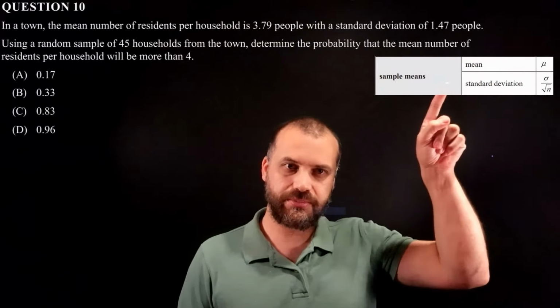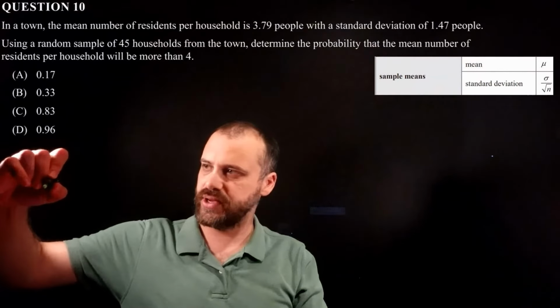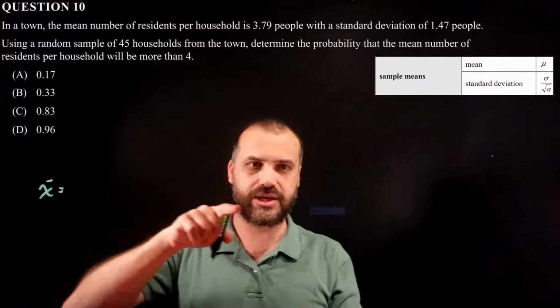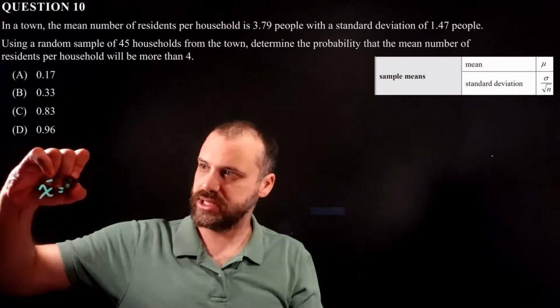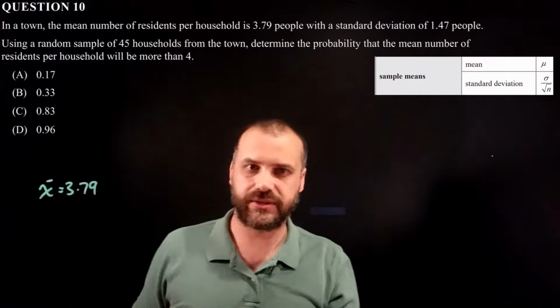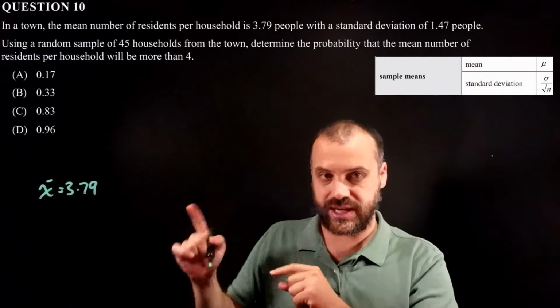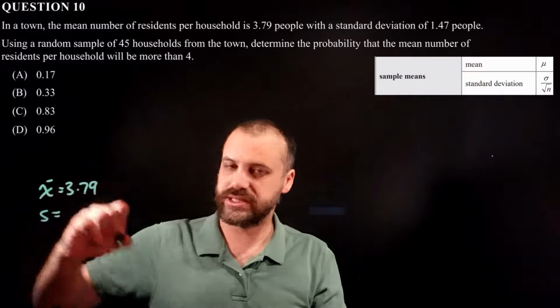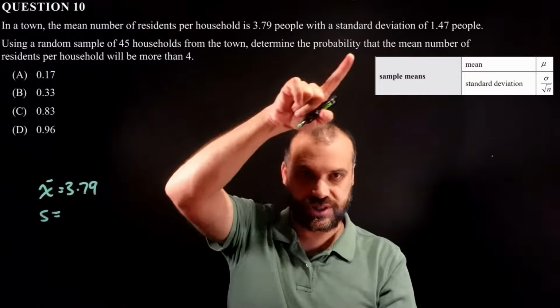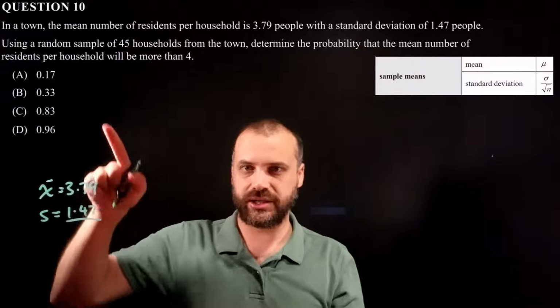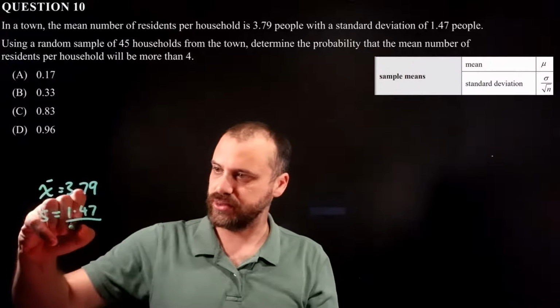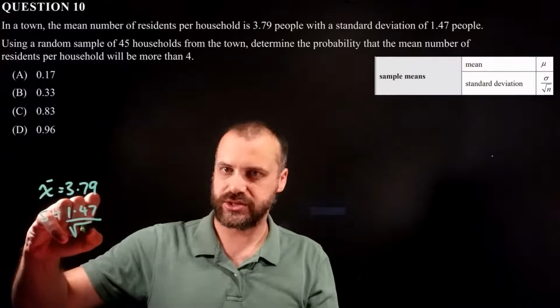And we know that the mean of our sample is going to be equal to the mean of our population. Now, the mean of our population is equal to 3.79. And we know that the standard deviation of our sample is going to be equal to the standard deviation of our population divided by the square root of the sample size. So the square root of